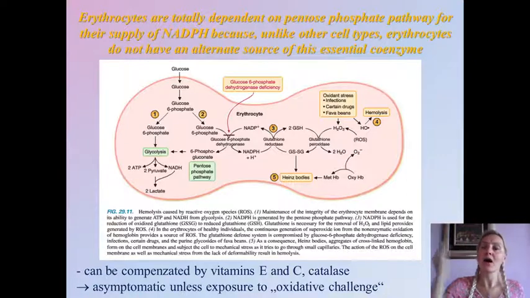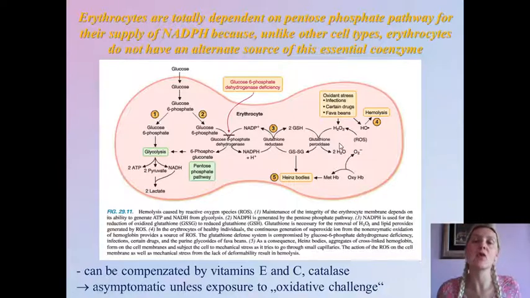So either the hexose monophosphate pathway is functional, or erythrocytes are going to lack NADPH coenzyme, which is of essential importance for the antioxidant defense system and for protection of erythrocytes from the overaccumulation of ROS, because erythrocytes are so exposed to oxidative stress and the overproduction of ROS because of the significant amount of oxygen which is found in erythrocytes attached to